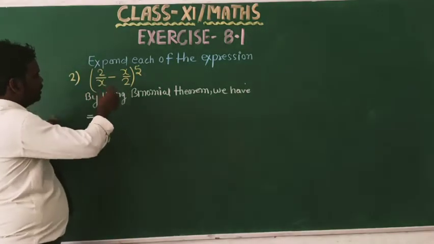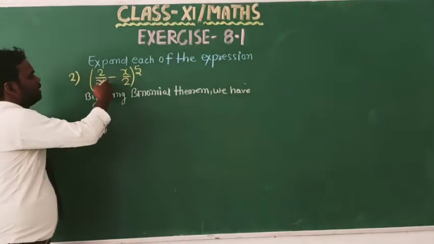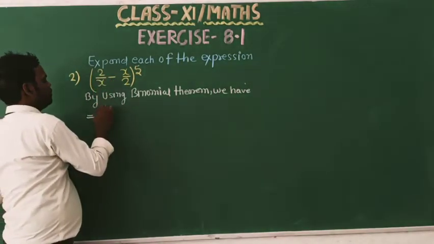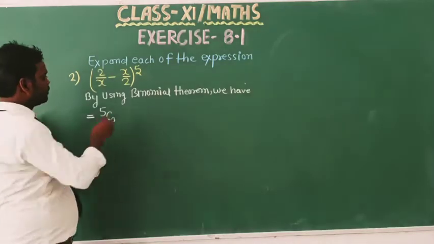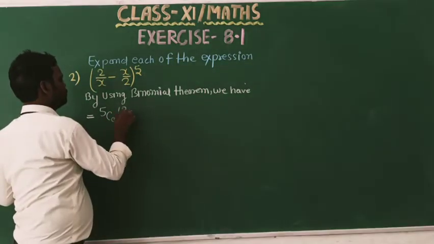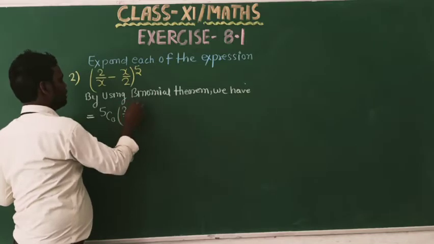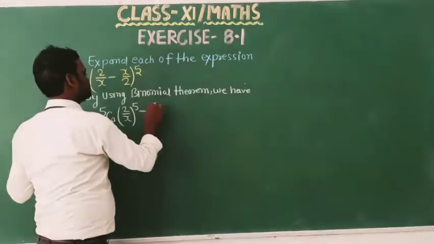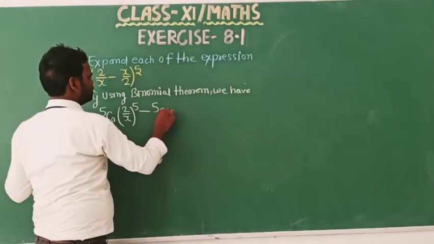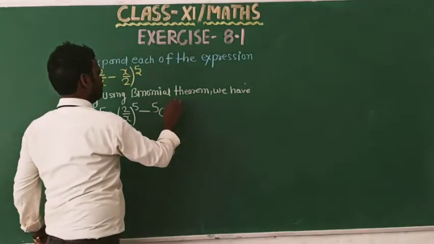This will be expanded by the binomial theorem as 5C0 into (2/x)^5 minus 5C1